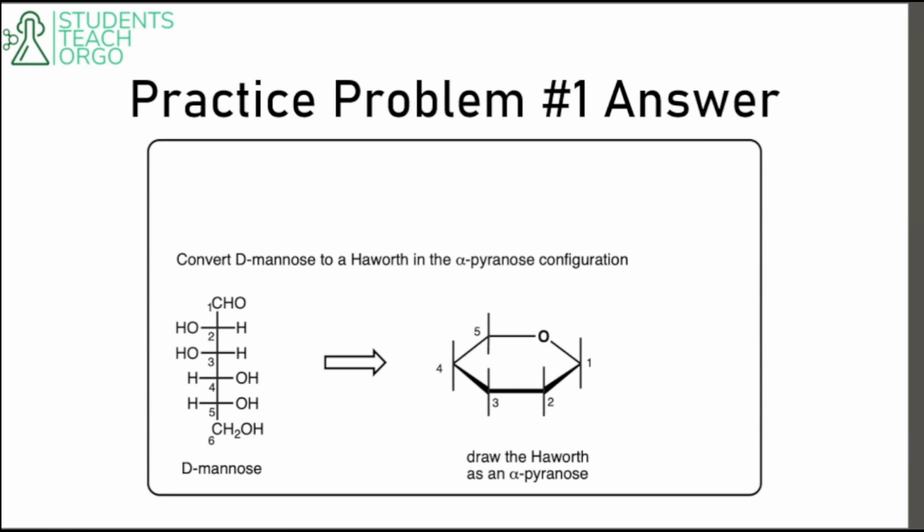So I'm going to draw this with you. What's the first thing that I said to do? Well, we drew the skeleton. I'm told that this is a D sugar because it says it, but also I look at this OH and it's on the right. So that means that over here, I'm going to draw my CH2OH group pointing up instead